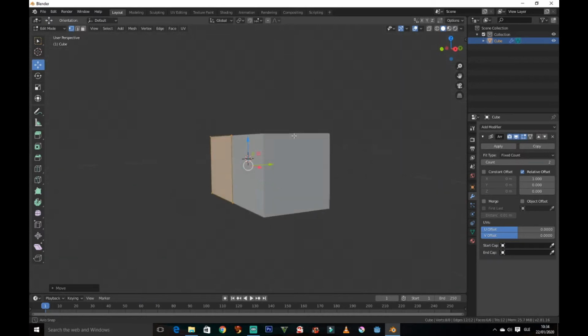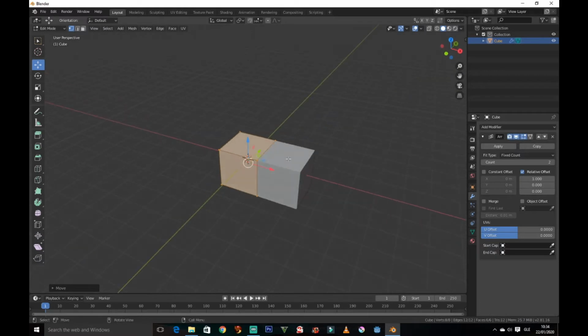Now we can quickly stack these up as well if we want. If we look over in the array modifier properties here, we have a relative and a constant offset. A constant offset will allow us to add constant values, and a relative offset will allow us to add relative values. At the very top we have a fixed count, and we have a count. If I click here and